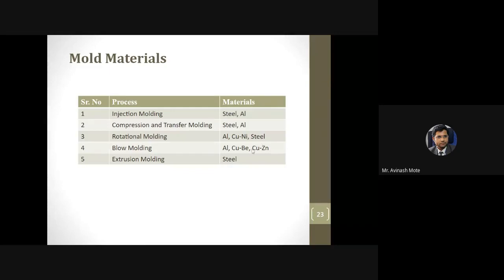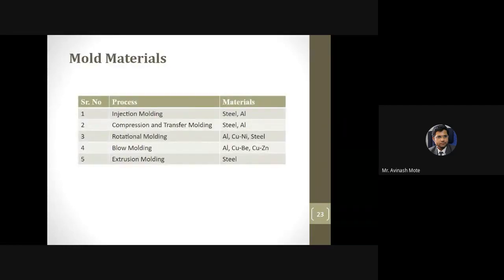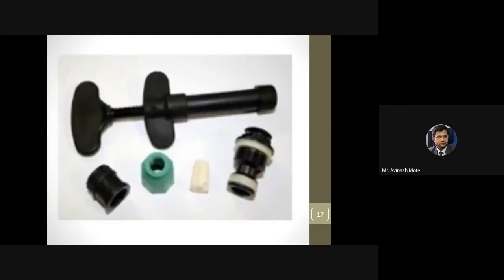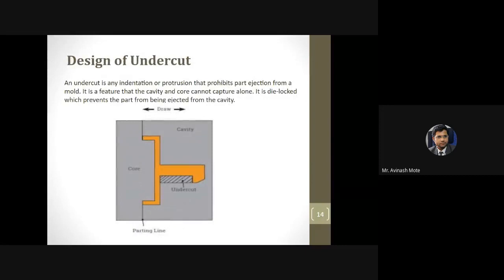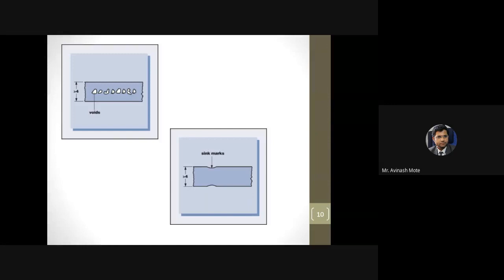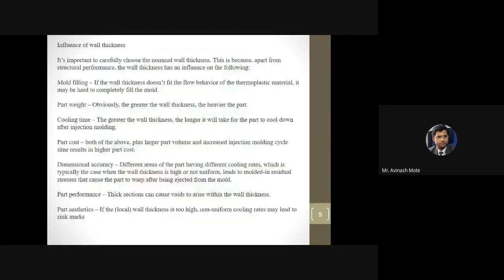Sometimes it is copper based alloys, like copper zinc, or copper beryllium, or copper nickel. So these are the common materials which are used for the manufacturing of molds. Okay, so these are the elements which are required to be considered before going for the actual design process: mold materials, inserts, then holes or the hole design, then undercuts, and then sharp corners or design of corners, design of wall thickness,